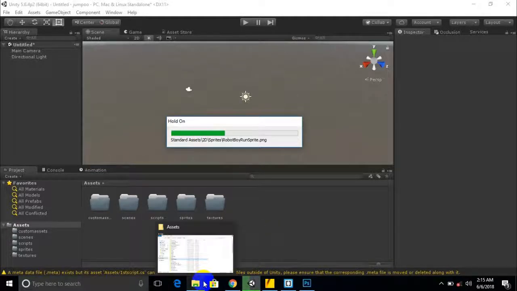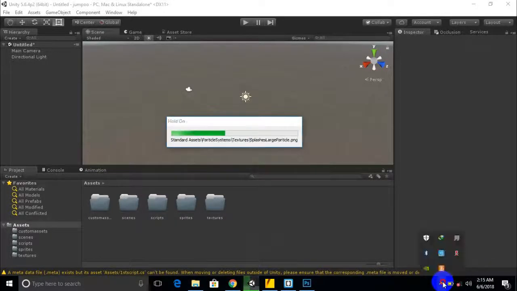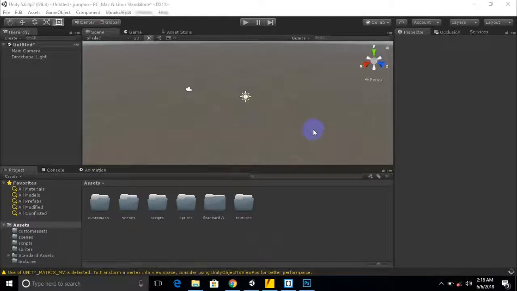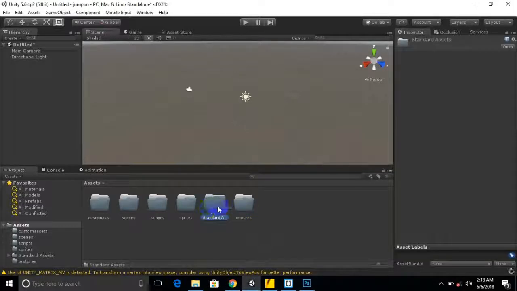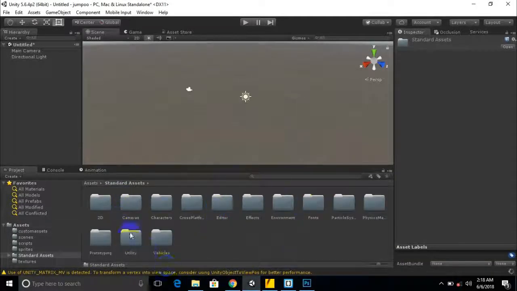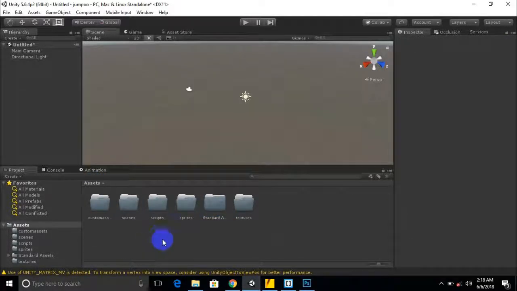It will take some time, we can't wait, so I will pause my video. Now the standard assets pack is imported, and you can see the subfolders of this asset pack, and we will definitely use these assets in our project. Also note that this running game we will create for the Android app store, so we will switch our platform, which I will show in the next couple of videos, and then we will go further.